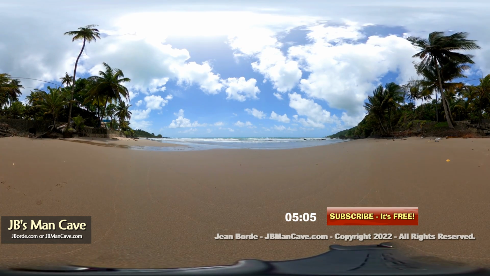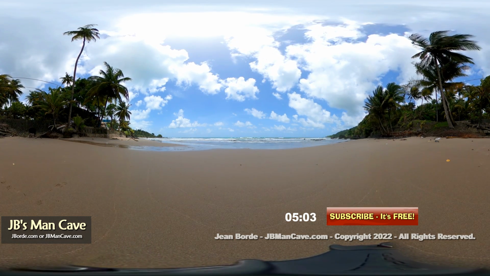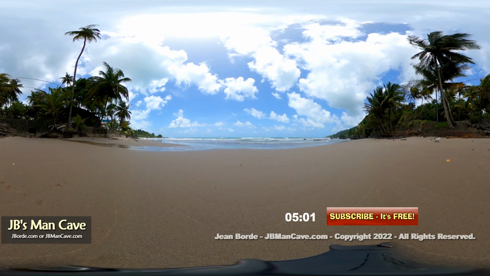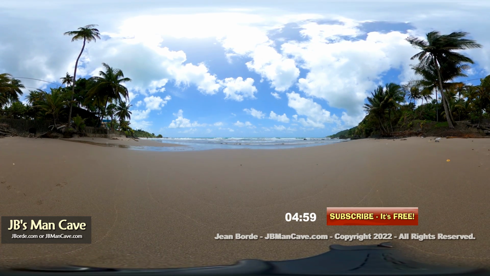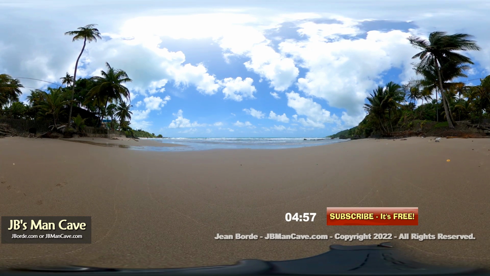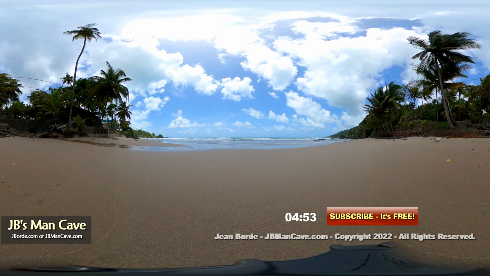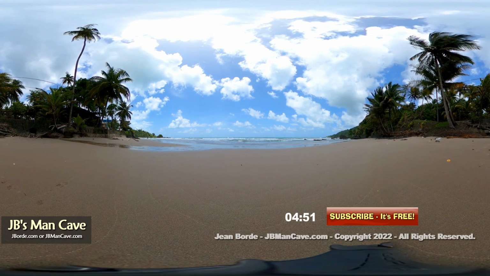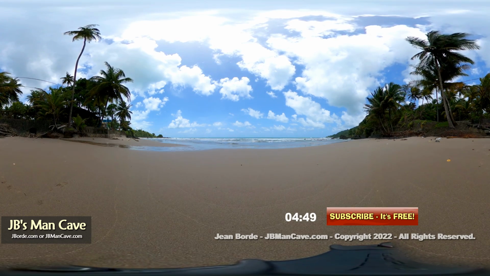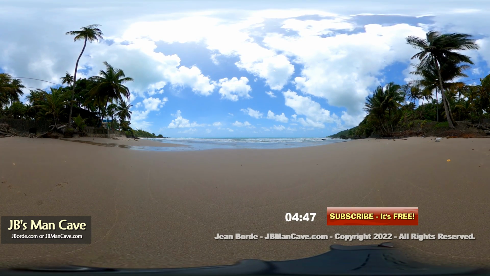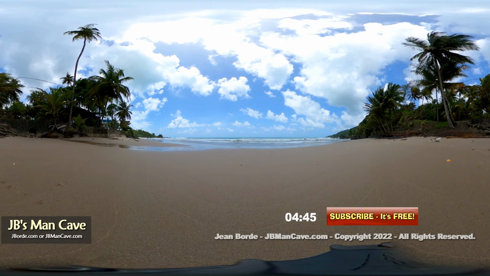But really everything is sharp. It's in 5.6K, so it's very sharp. If you're not seeing it that way, you may want to use a different computer or phone to view. But really, you don't want to see something like this on your phone. It's best viewed on a very large screen where you could take in everything, so it will make you feel